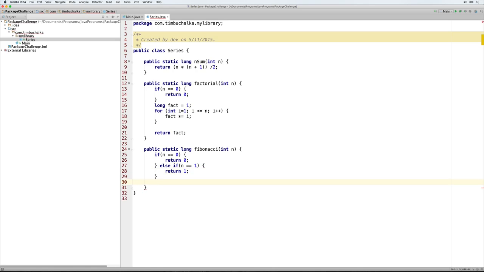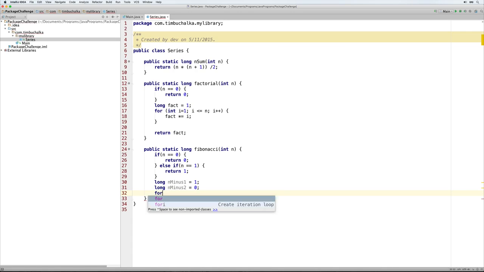But if we get to here, we know that the number has to be 2 or higher. So I'm going to put long n minus 1 equals 1. Long n minus 2 equals 0. So that's the initial values, because we're going to be getting a number that's at least 2 or higher, and n minus 2, we're just going to start off with 0, because of course n being 2, n take 2 is going to be 0. So basically we're initializing that with the two values, assuming the number was 2,